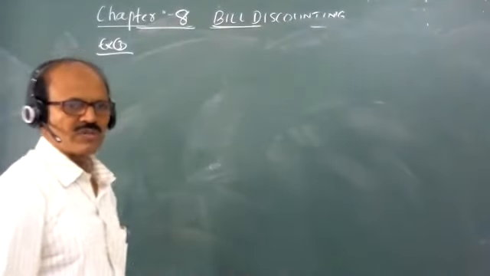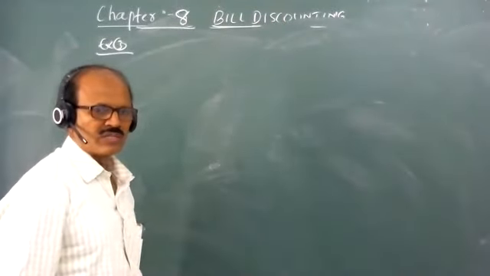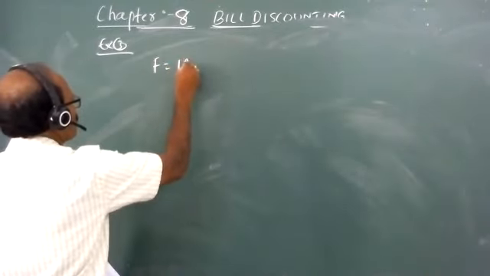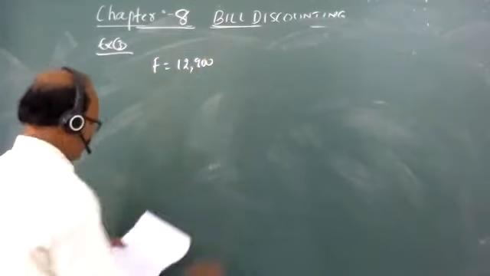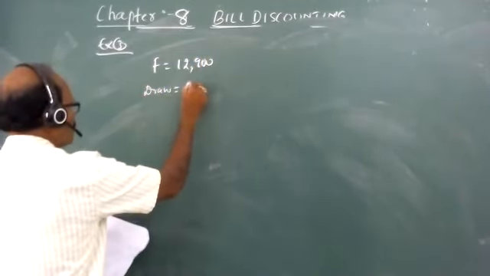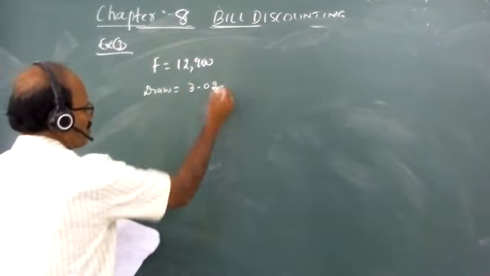So I think I have given this here already. So what is the data here? F is equal to 12,900 face value, and the draw date is equal to 3rd February